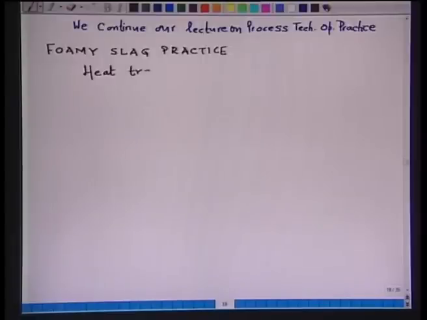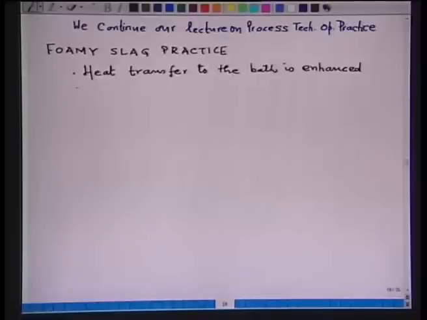Heat transfer to the bath is enhanced. How is it enhanced? Because now the arc will be submerged into the slag, and on account of submergence of the arc into the slag, more heat will be transferred to the bath and less heat will be radiated to the wall. Another advantage of foaming slag practice is the foaming slag, it shields